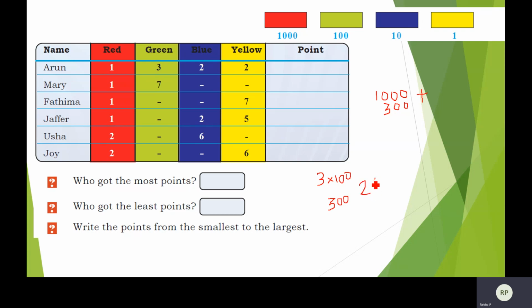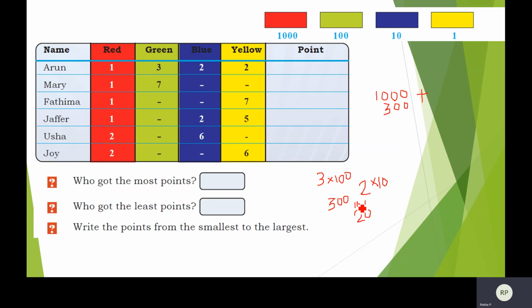So that also you know, if you want to multiply something with 10, what you have to do? Whatever number you want to multiply, that is 2, to that put a 0 towards the right. So a 0 towards the right, this will become 20. So here now you have to add up 20. So how will you write 20? So 20, it's starting from, this is the 1's place and this is the 10's place.